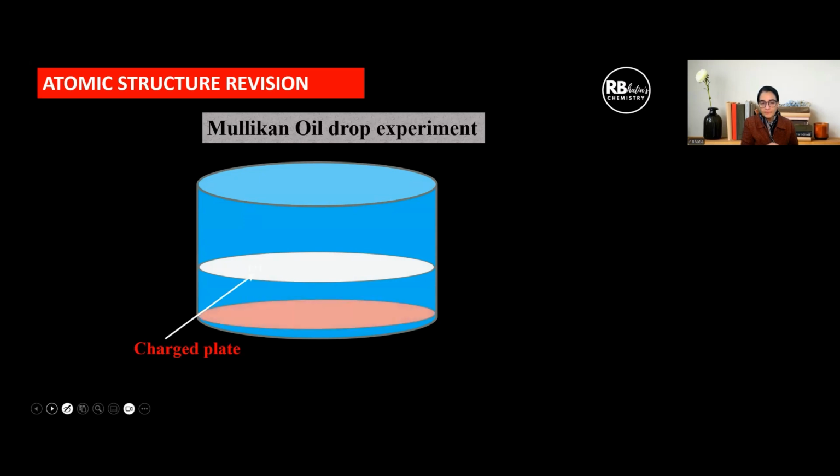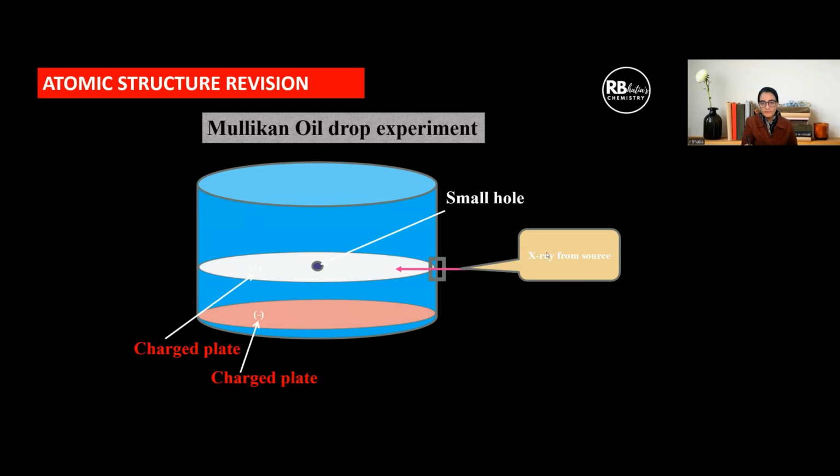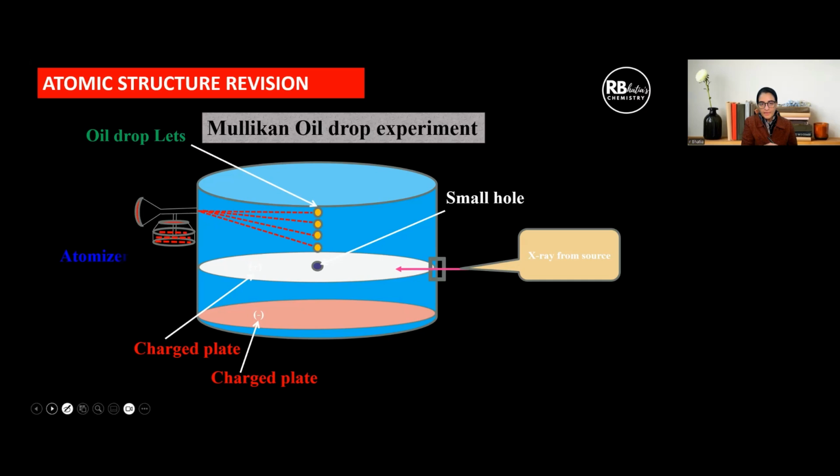So we have a charged plate. Here we have a negative charge. Basically, this container is divided into different chambers. There's a small hole made in the central compartment, and there's a source of X rays, and a fine atomizer is used here. So, oil drops are sprayed using an atomizer. And we have a telescope with a micrometer eyepiece just to observe what is happening,